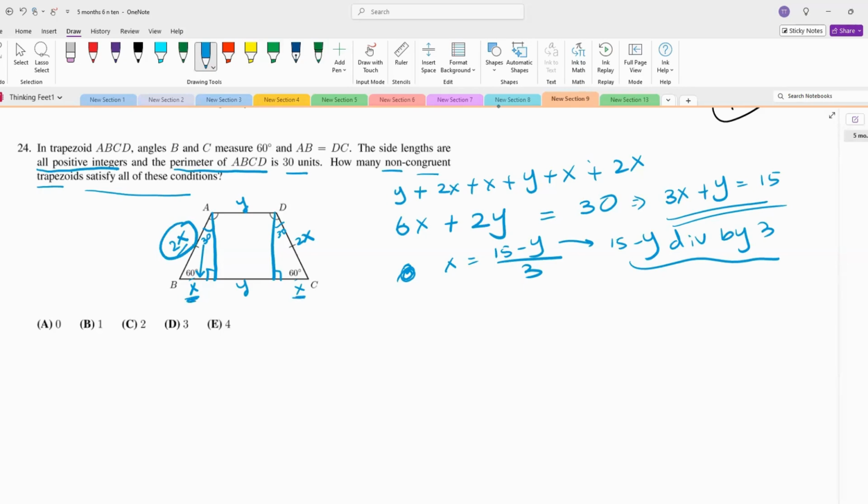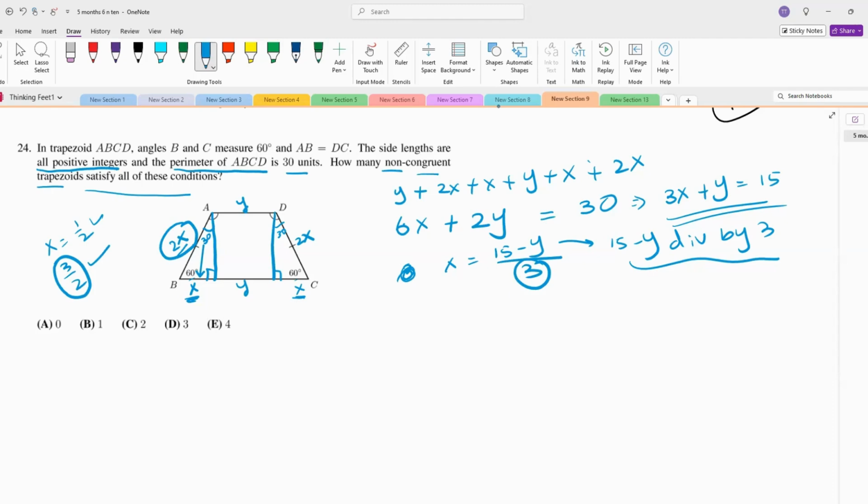So even if I get x equals, let's say, half or 3/2, that would be fine, right? But it'll be hard for me to get a number like 3/2 when x is 15 minus y divided by 3, right? Something divided by 3 and getting a 2 in the denominator is going to be impossible,